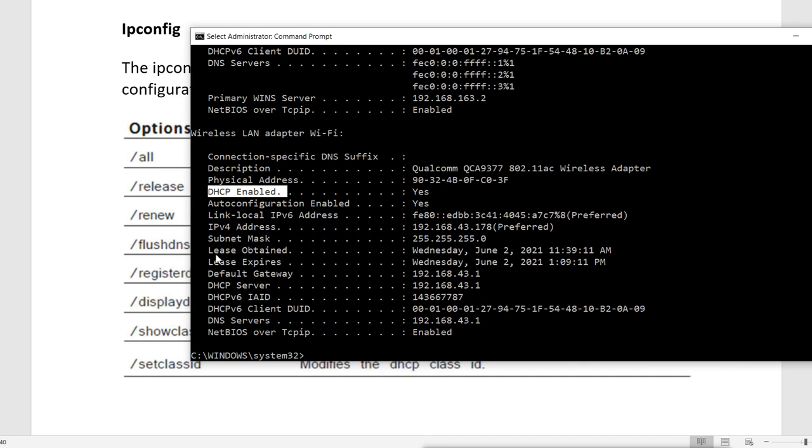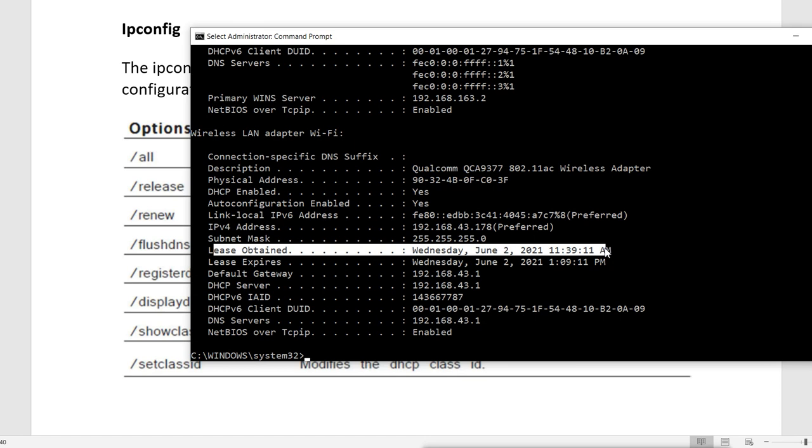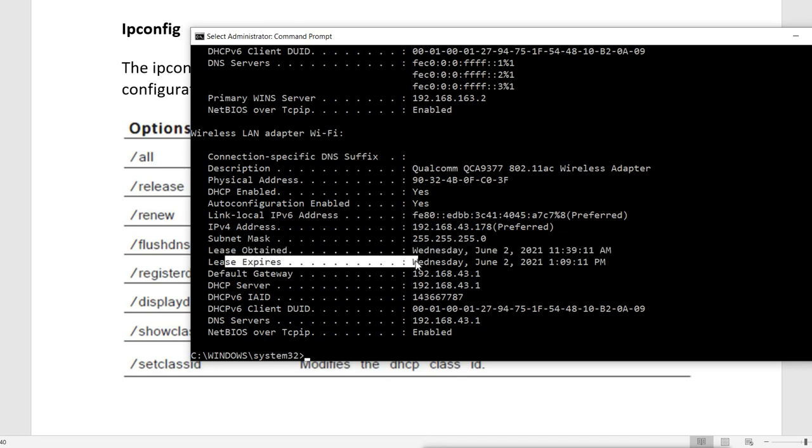Now we can see the lease time here. It is saying that the lease was obtained on this date and this time, and this lease will expire on this date at this time. So it is also showing the time of lease we have for this IP address.